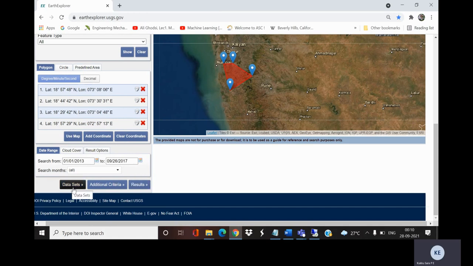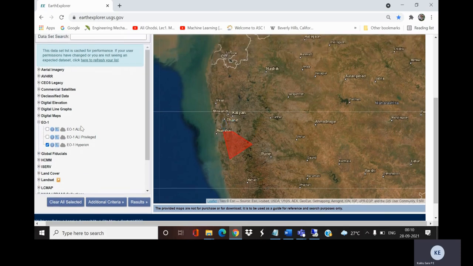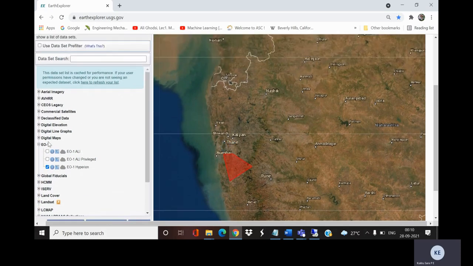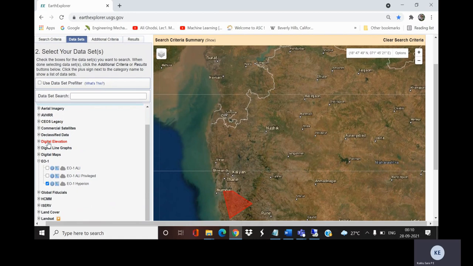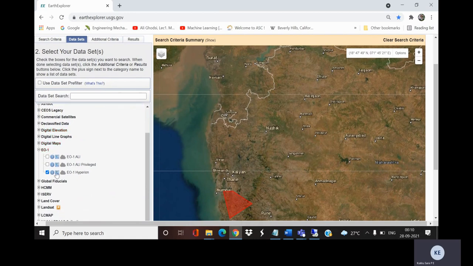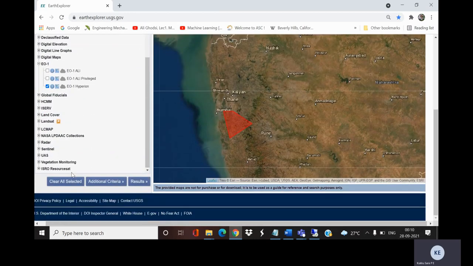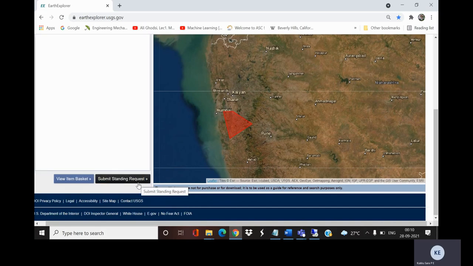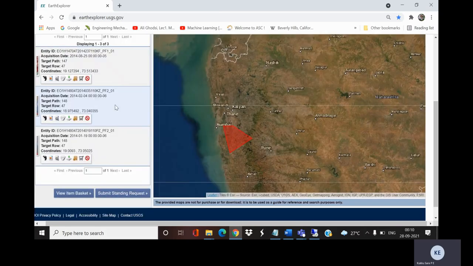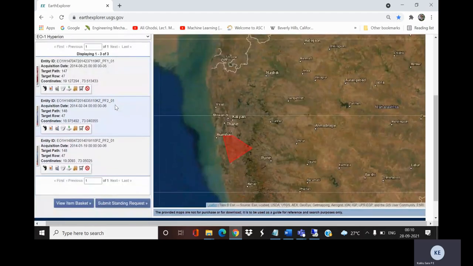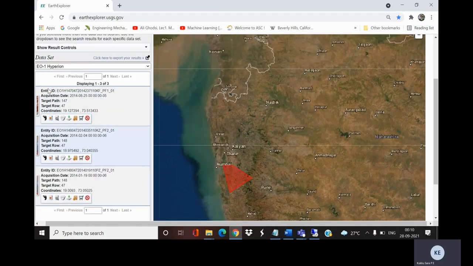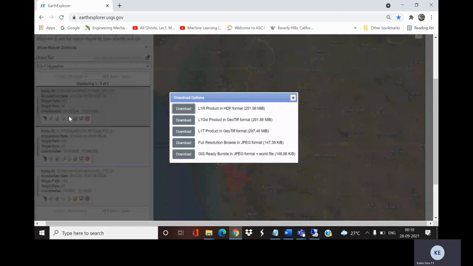The data is available from 2001 to 2017, so I've given here 2013 to 17, and in the data sets under EO-1 satellite, select EO-1 Hyperion data and click results. This will shortlist all the imageries between the given dates. So click on the download option to download the imagery.